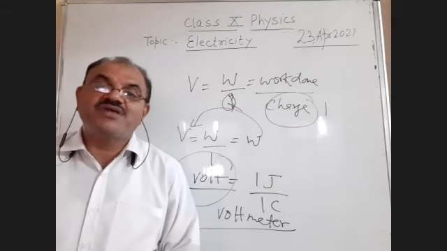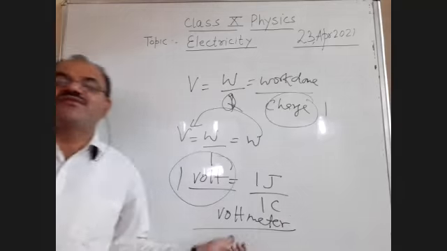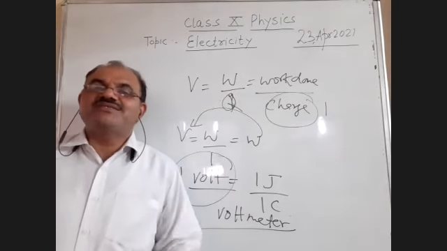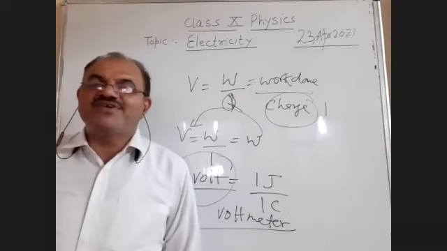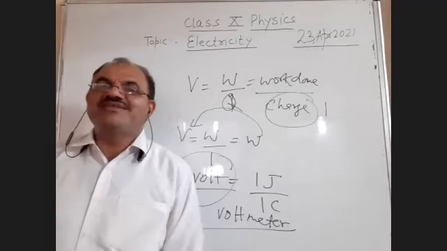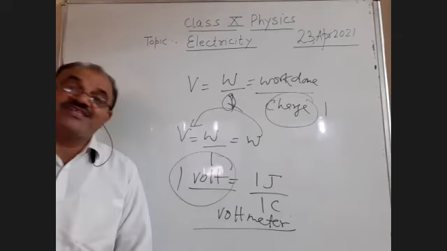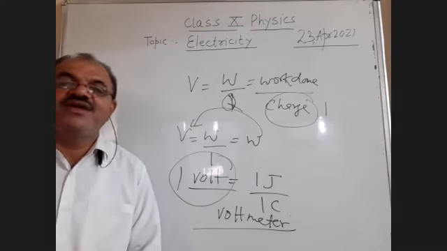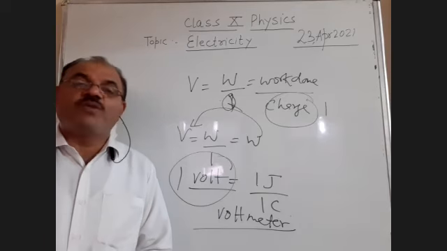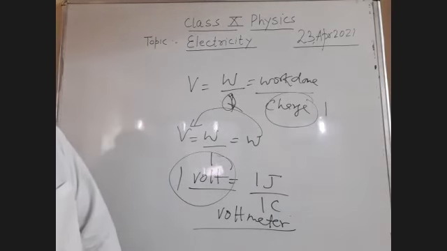Very, very important question. Already I have given the answer to the first question, the ammeter. Now, why is the voltmeter connected in parallel in an electric circuit? Very simple answer: the voltmeter is connected in parallel in a circuit due to its high resistance. The ammeter has low resistance, so it is always connected in series, and the voltmeter has high resistance, so it is always connected in parallel. Both these questions are very, very important. Generally, these questions are asked in competitive exams, Science Olympiad, NTSE, and board exams. Is it clear, students? If you have any doubt, please ask.